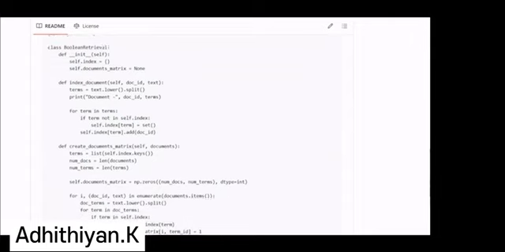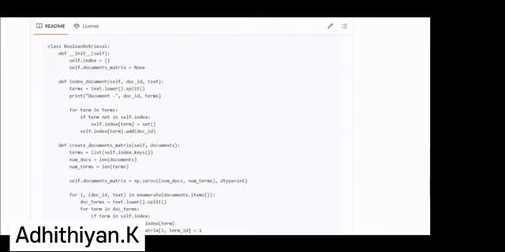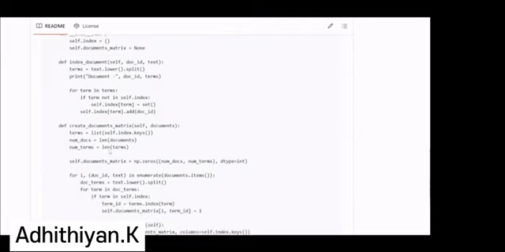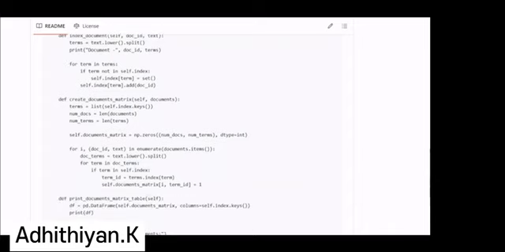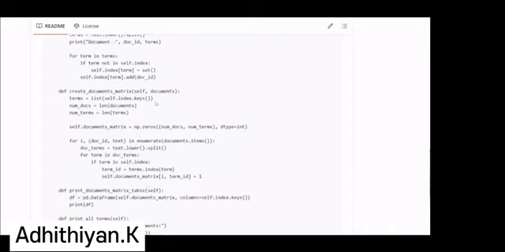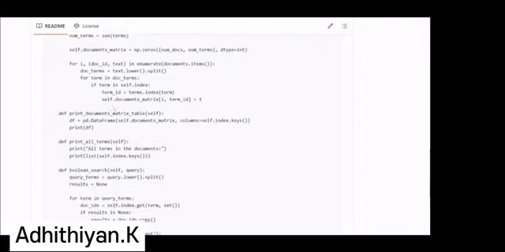We have used the matrix, np.zeros with the number of docs and number of terms, for building the matrix. Then we have printed a document. Once we get the document, it gets processed. Then we have used the defined print document matrix method, like a table itself, to print the matrix that holds the processed structure. And we have used the Booleans which we defined here for the queries as well,